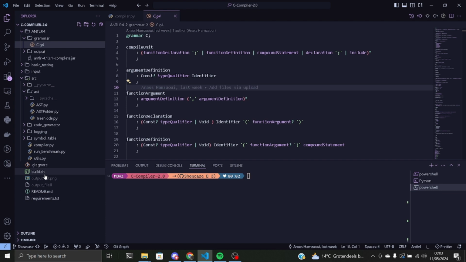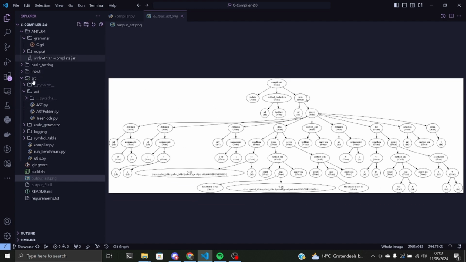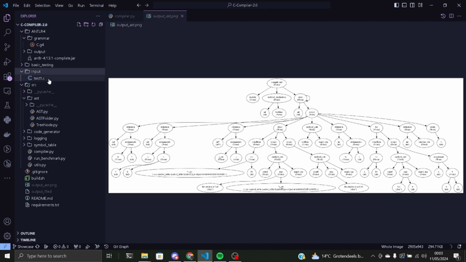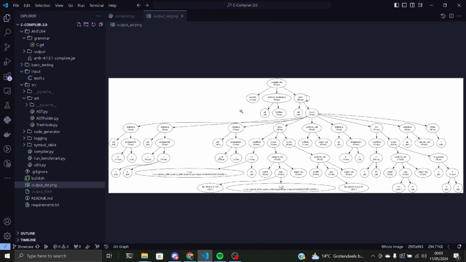You can also see, as with the previously generated dot format tree, we have generated an AST made from the test file C that is in our input. As you can see here, there's a test function, an include of stdio.h, and an int main that has an integer k, i, etc. And if we go to the dot format and zoom in,